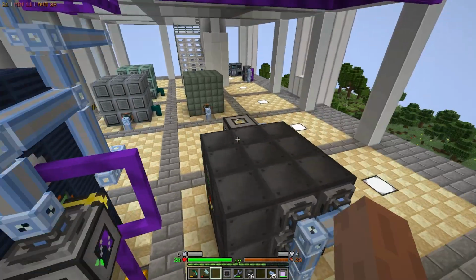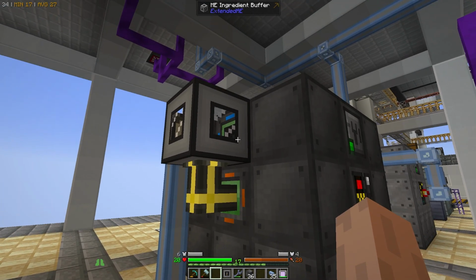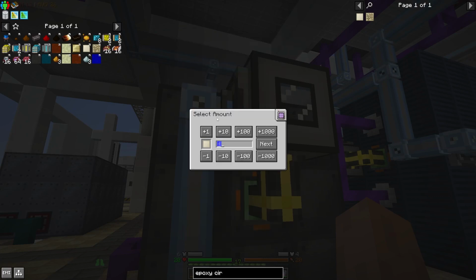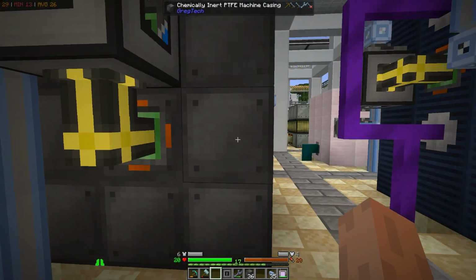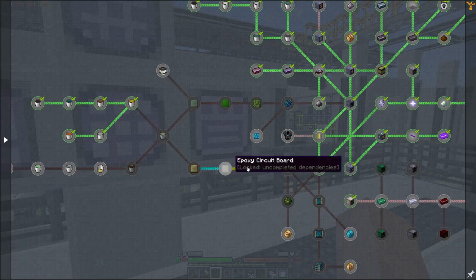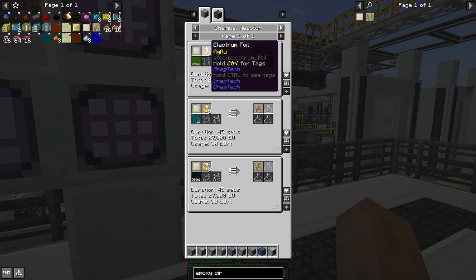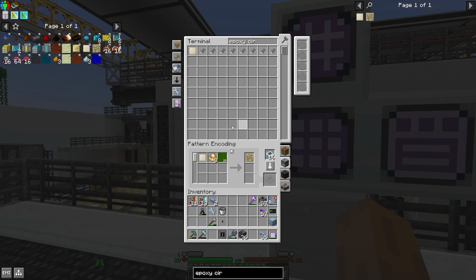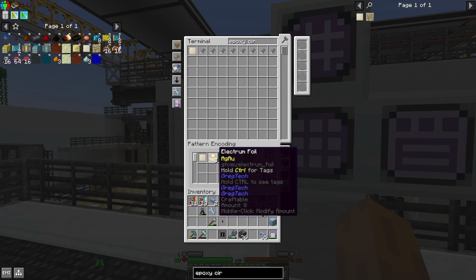So I've got a chemical reactor over here somewhere. I think this already takes care of circuit boards. Yep, it does. So let's order one of those up. That was nice and quick. Okay, that's cool. And then the last step is the epoxy printed circuit board. So that requires electrum foil, the epoxy circuit board, and cupric chloride. Or if you've got these other chemicals you're using instead, sodium persulfate or iron 3 chloride. I started using cupric chloride because it's not hard to make and it requires less than the others. Let's encode that recipe. It looks like we've got the electrum foil already, so